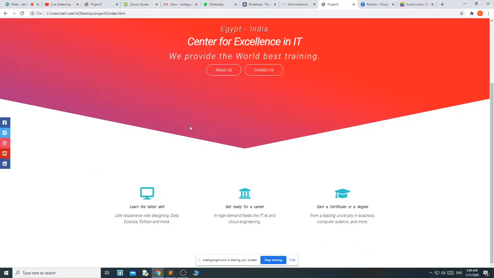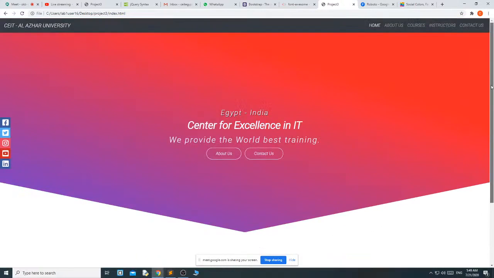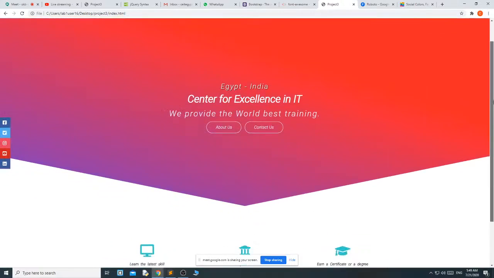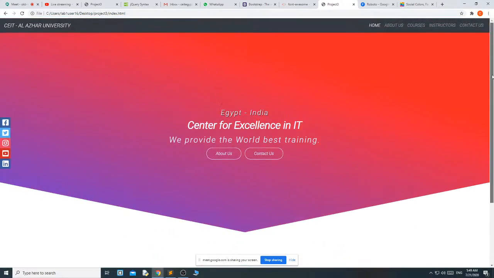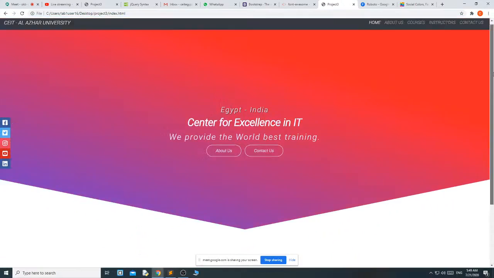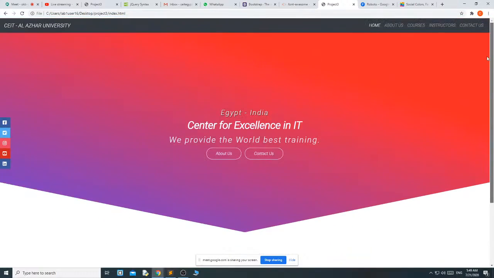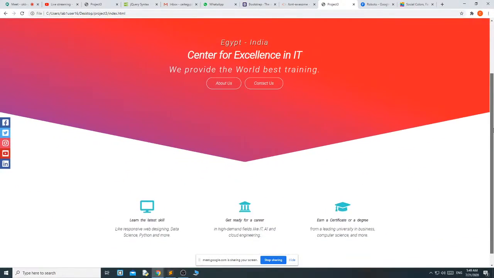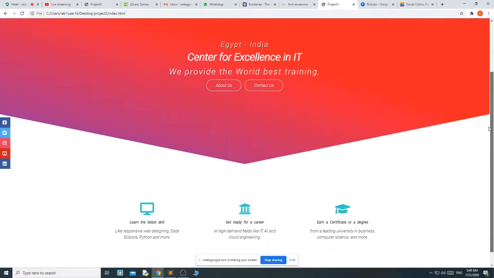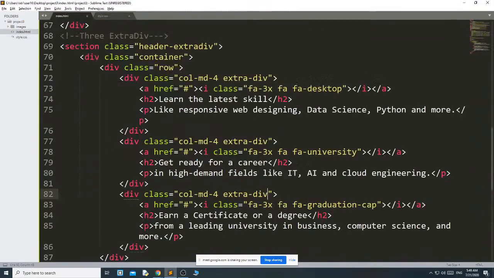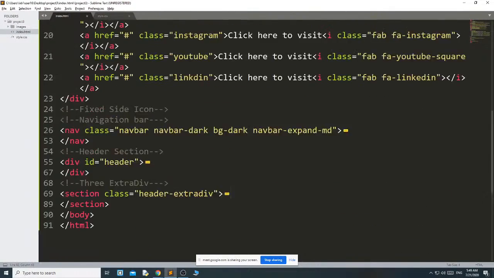Okay. Now you can see that your navbar is here, but once you scroll down, your navbar hides. First thing, I want the navbar to be visible throughout your website. To do that, we have completed this part.